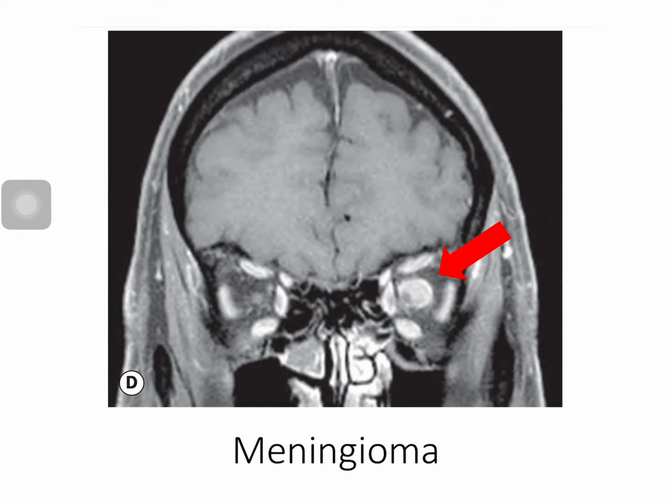So in this image, this is a coronal section, and I'm looking at the patient head on, front end. The red arrow is pointing to the left orbital area, and compare the central white circle to the white circle on the right side. So that white circle is the optic nerve, and the right one is normal, whereas the left one is enlarged, it is dilated, and it is on a contrast media. After injecting a gadolinium contrast, the white area has lit up in the left eye. So this is very classical of optic nerve meningioma.